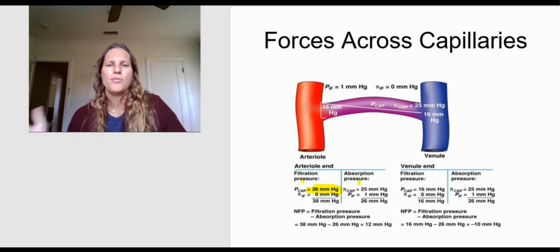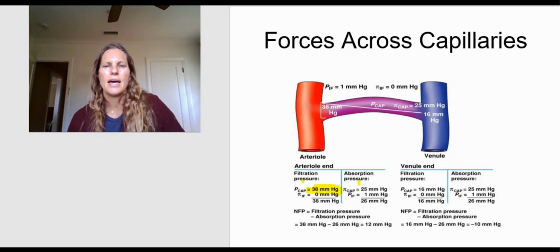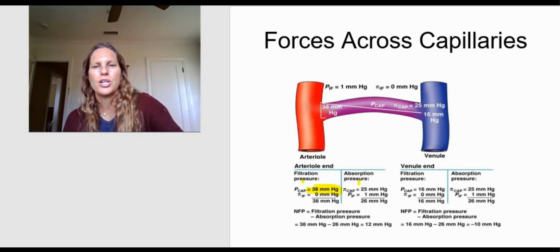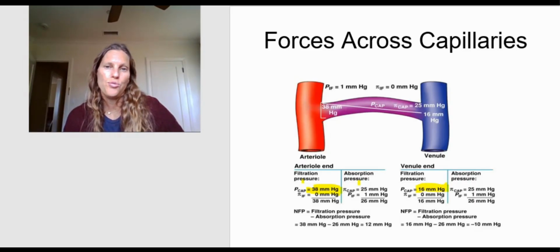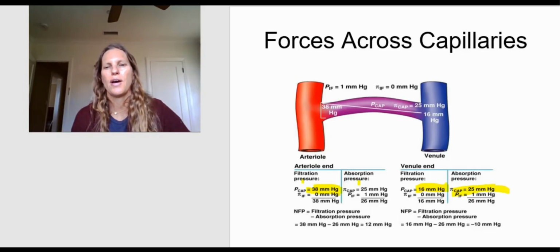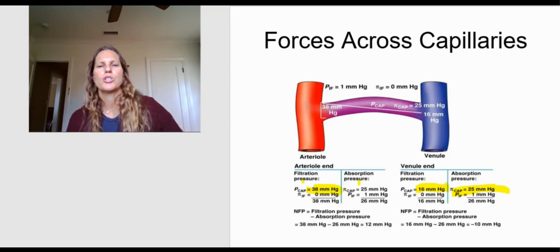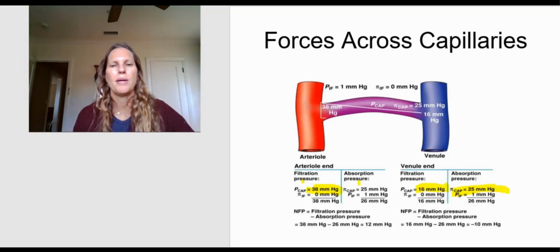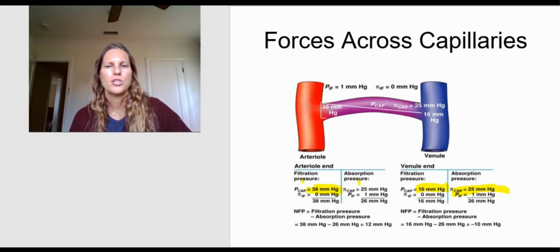Then when we go down to the other side, we see that the hydrostatic pressure has gone down inside the vessel, which we know, but the oncotic pressure is still the same at 25. So what's going to happen is we're going to just pull the fluid right back in again, right? So we've got our net filtration pressure